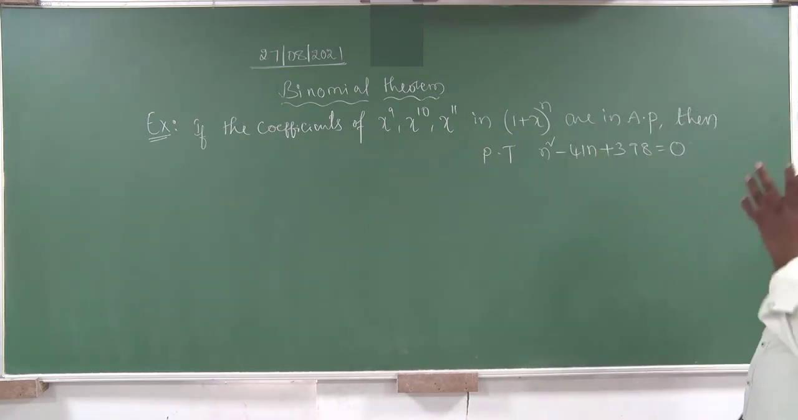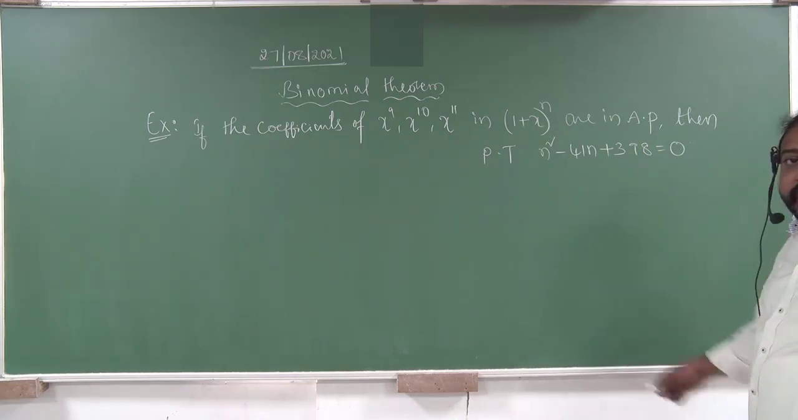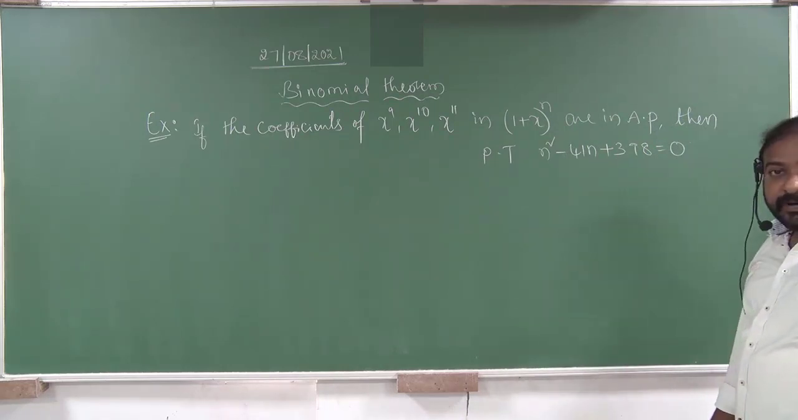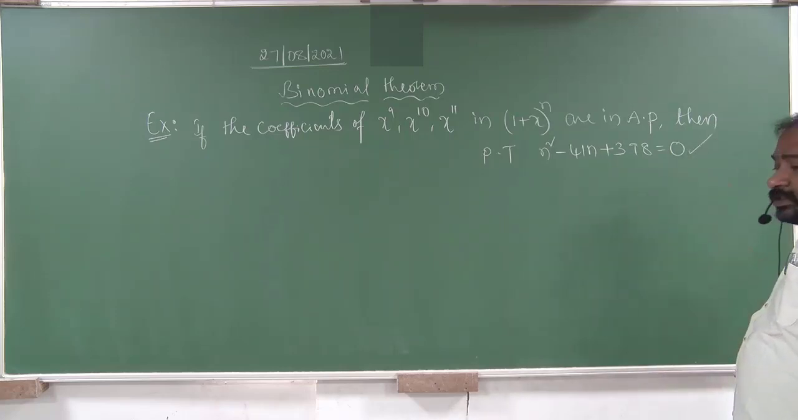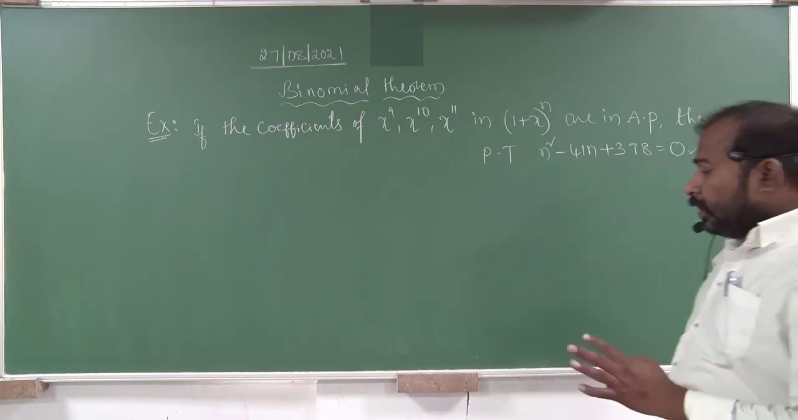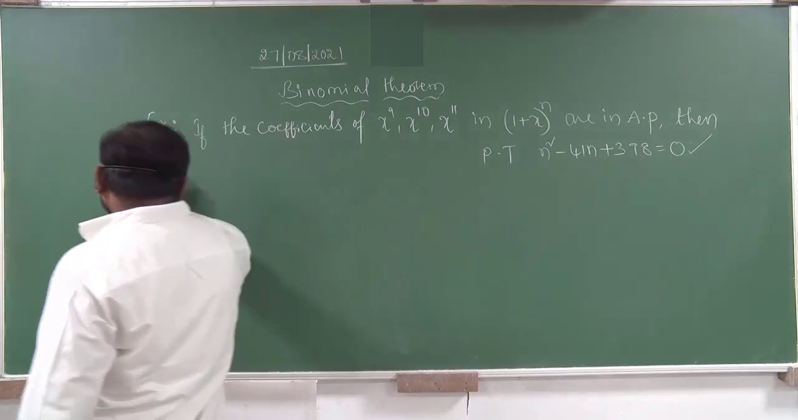Listen. If the coefficients of x power 9, x power 10, x power 11 in the expansion of (1 plus x) whole power n are in arithmetic progression, then our aim is to show that this is the relation: n square minus 41 into n plus 398 equals 0. Listen here. So first of all, if you observe,